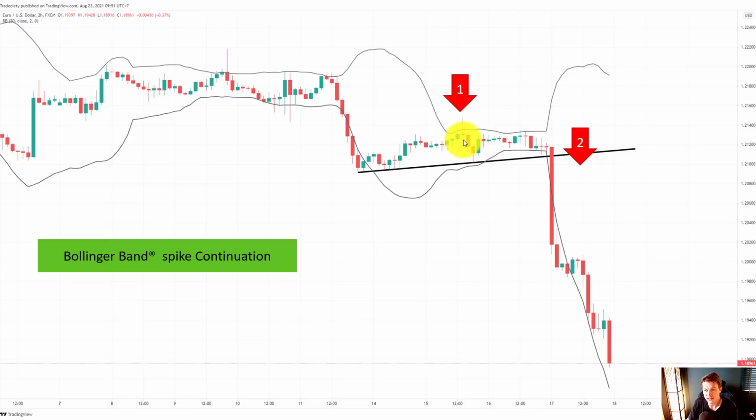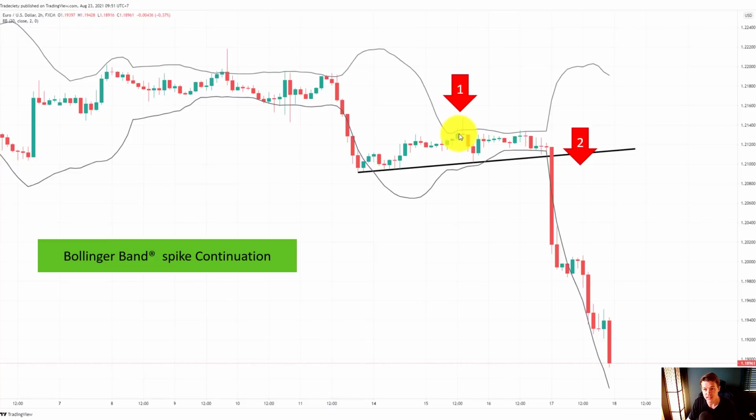Here, for example, you can see that the market was trading sideways and we have a spike. What does the spike actually mean? The spike means that the market tried to break out into a new high and outside of the Bollinger Bands, and the market was rejected. The breakout failed. The breakout immediately fell back within the Bollinger Band range, and this gives you a big heads up that